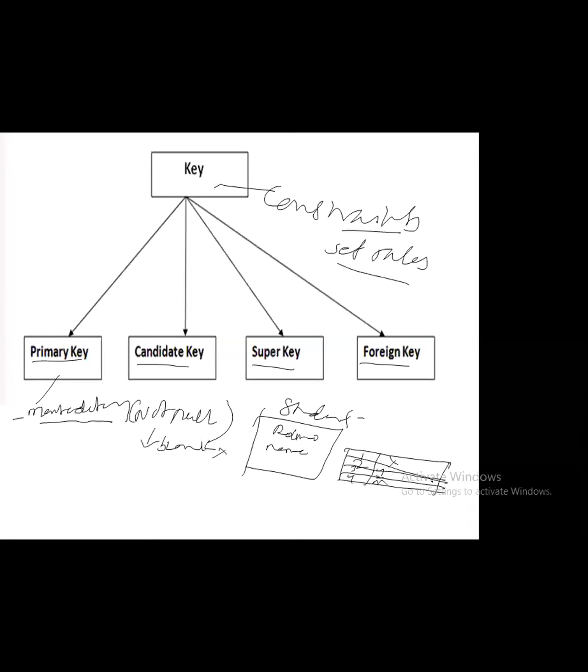So what am I doing here? I'm trying to store the information about the students. When I'm storing the information of the students, I'm saying that this is the primary key, PK. So when I say primary key, what does the definition say? It is mandatory. That means I cannot store the value called Rajni. I cannot store this. Why? Because this is blank. It is blank, so it should not be accepted. Then I cannot store Rajesh.